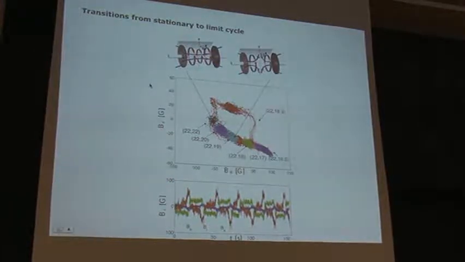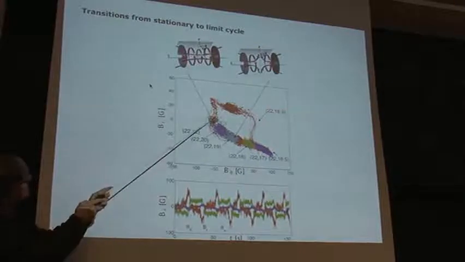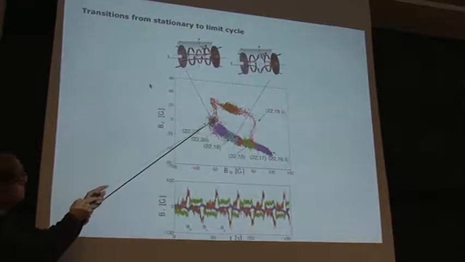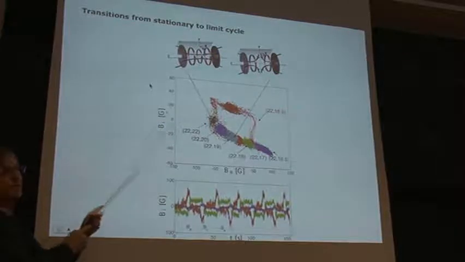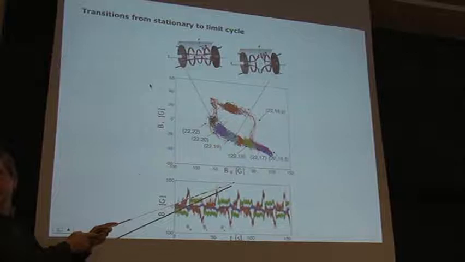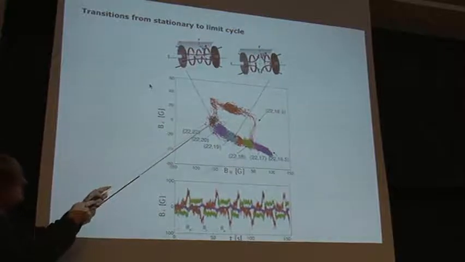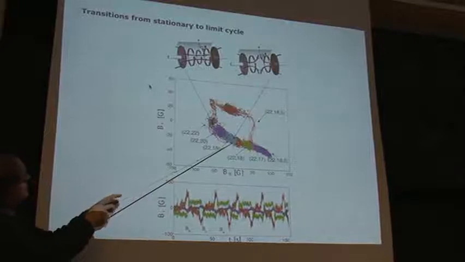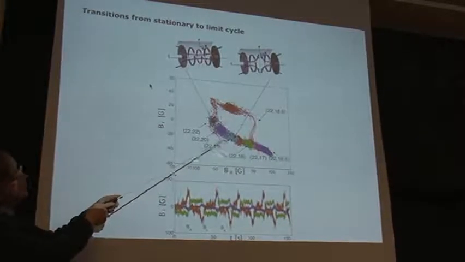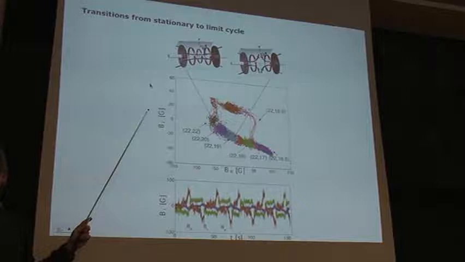Here is the last piece of evidence. You start with the configuration where they both rotate at the same speed, all right, and you decrease the speed of one disk, so you're making F1 minus F2 increase, and you go through that sequence. That's the dynamo for equal speeds, and here I'm plotting the radial field as a function of the toroidal field, all right. So what I do is I progressively decrease the toroidal field until I get the toroidal field almost equal to 0, and the field is mainly radial where I measure.